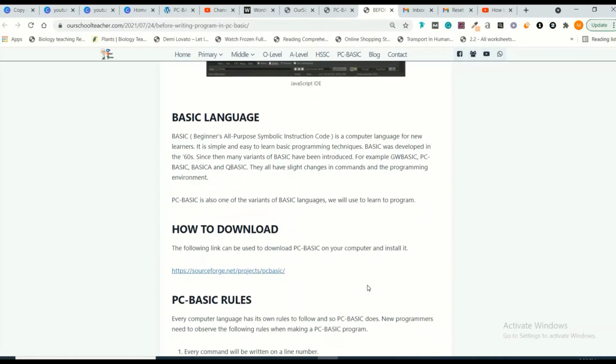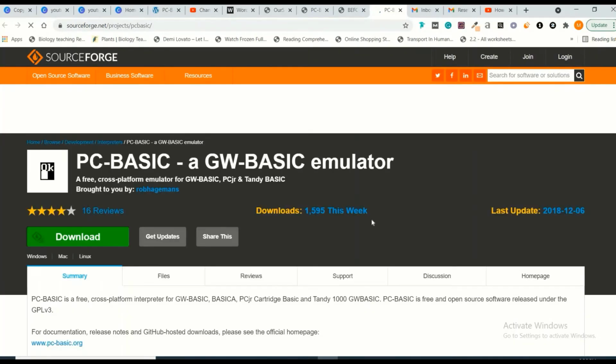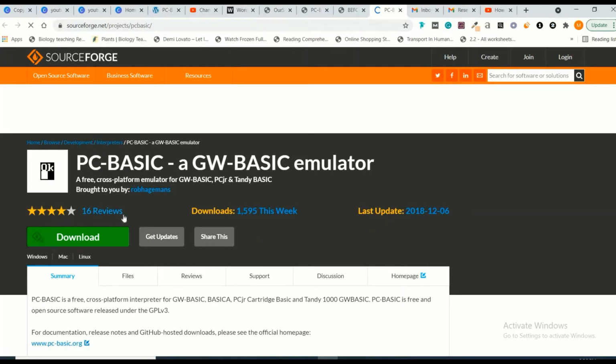How to download PC BASIC? A link has been given over here. We just need to click on it. It will take you to the website where you can download the PC BASIC language.